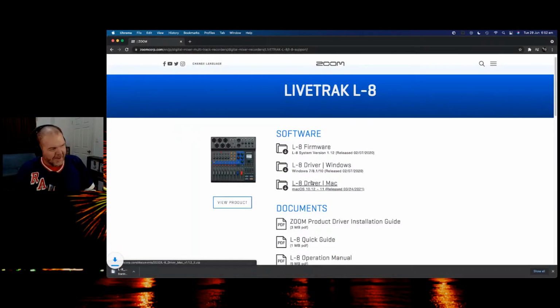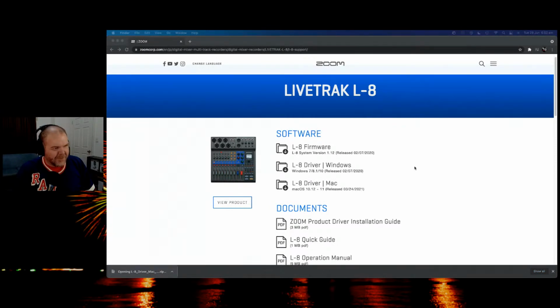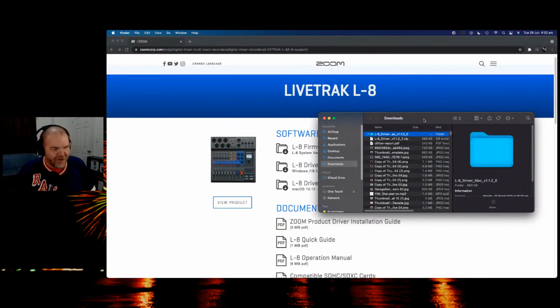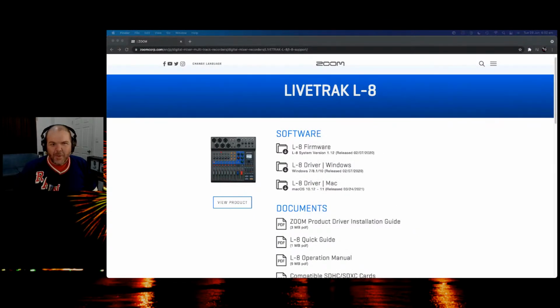What we'll do, I won't do this live, but I'll download that zip file so that it's ready to go over here. So there you go. There's my L8 driver for my Mac. I'll be playing around with that in the next day or so to get my studio set back up, because I want to get everything running better. Not that it's been a problem, but it's all a bit messy. It was all kind of cobbled together, and then when I had to switch back because of the mixer I've been using now,